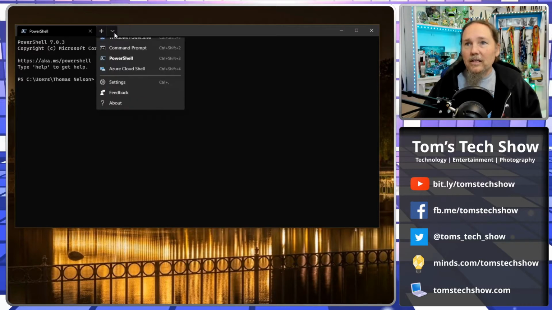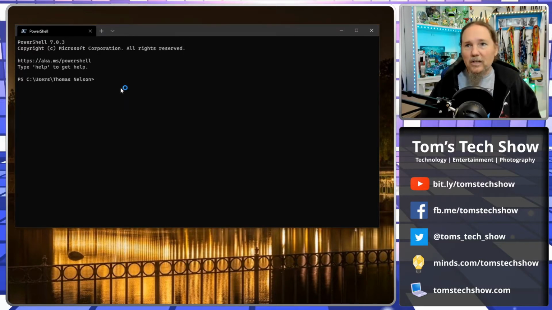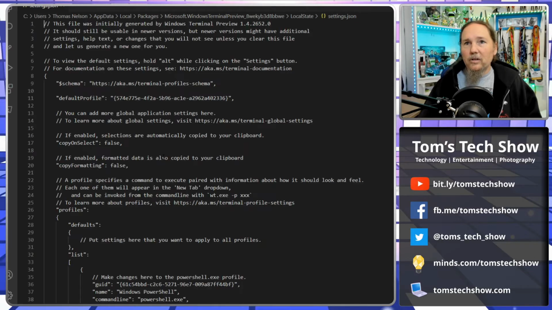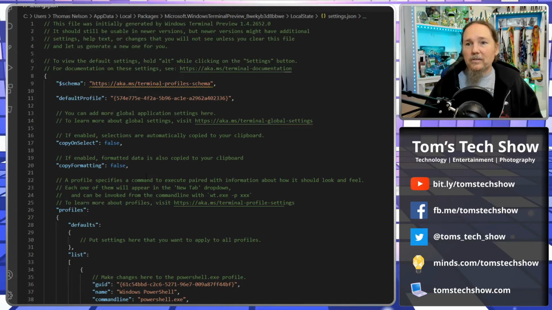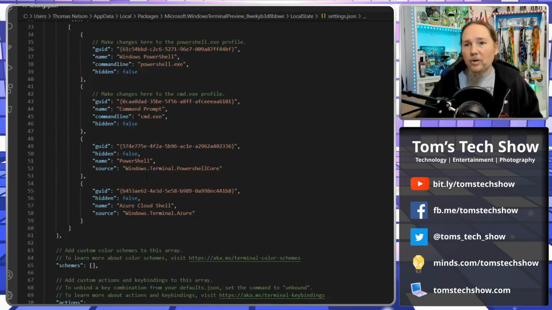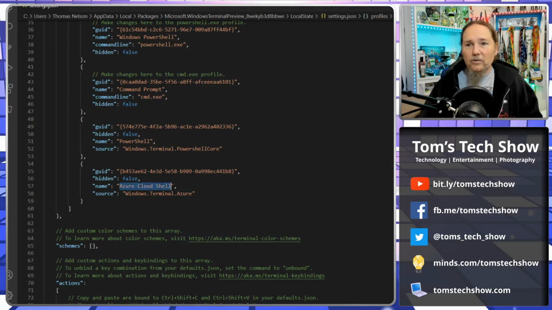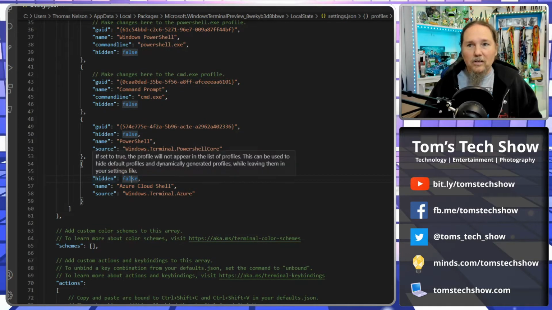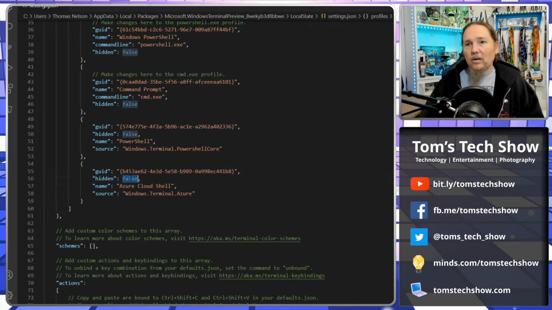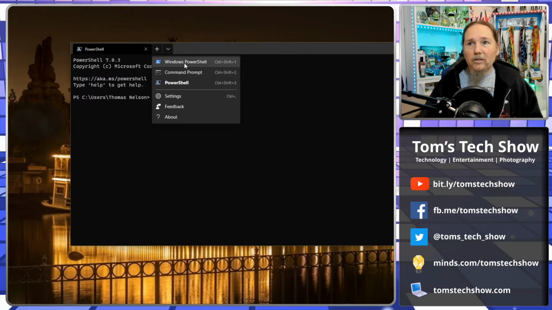Okay, so we can go into settings. One thing's easy to do. We go into settings, come down. It instantly knows to load. I have my system set up to load Visual Studio Code, of course. And down here we have the Azure Cloud Shell. I don't want that. So here, this hidden line, I don't even have to delete this, right? In case sometime in the future I want to use this, I can just set that to true, save it, and then next time I will close things out here. And next time I load the terminal preview, I've only got PowerShell, Windows Command Prompt, and the new version